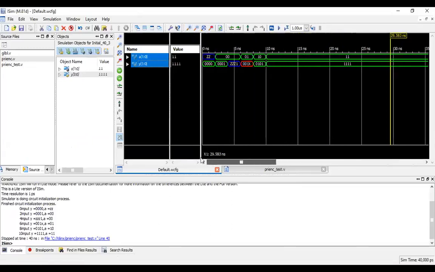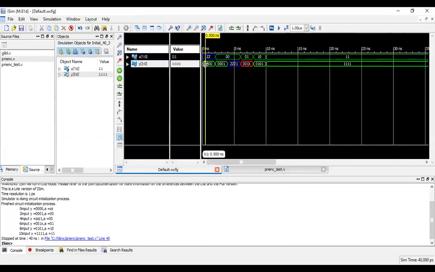A bit more, I'll zoom it. Okay. So what was the first combination? The first combination was 0 0 0 0. According to the code, what did I write? When our inputs are 0 0 0 0, I should get an output of ZZ. So that was mentioned in the code.